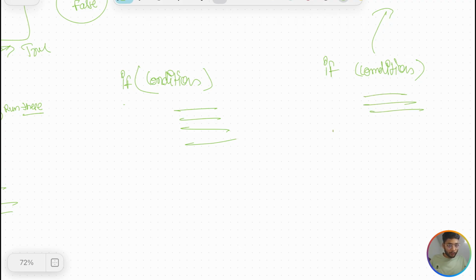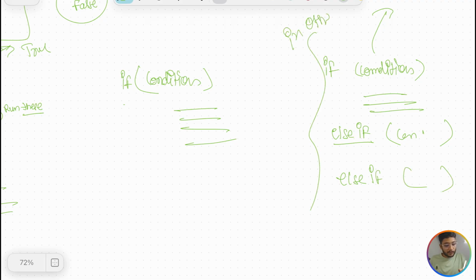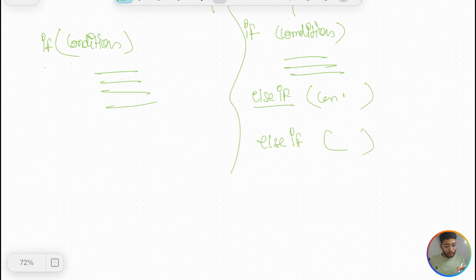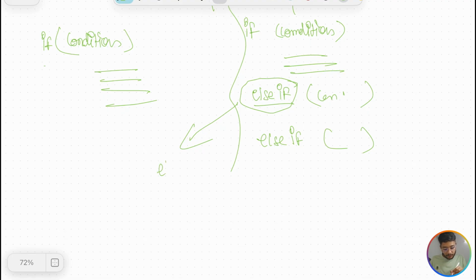And if you want to test multiple conditions, then you can chain them. In other programming languages we normally say else if, then the condition, and finally else. But in Python you have a similar syntax, but instead of writing else space if, you merge it and say elif, without a space. Okay, I don't want to confuse you. Elif condition, and you can chain it.